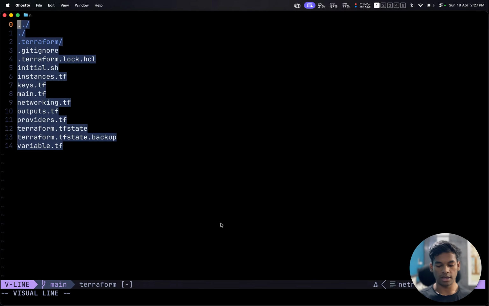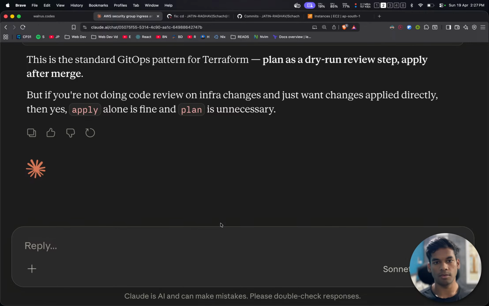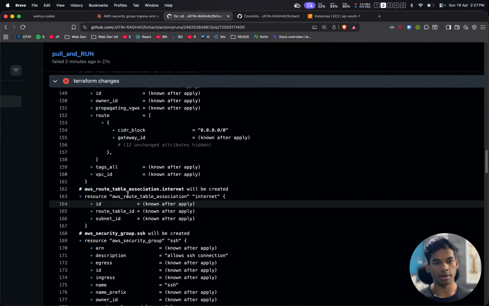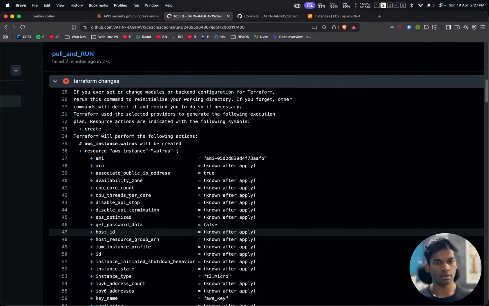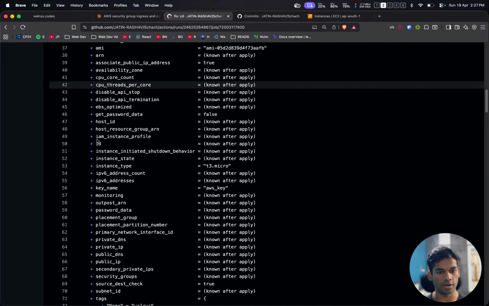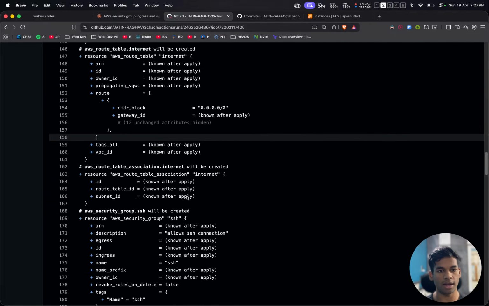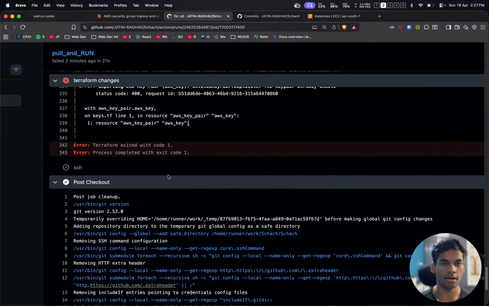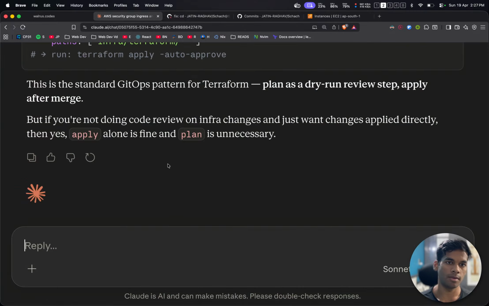Like if a key pair already exists and we have not changed that, then Terraform will not create a new key pair. But since here we are doing Terraform init always, then Terraform thinks that we are initializing all of this for the first time, and therefore Terraform will try to recreate things which already exist, and that is why we are getting errors. So the question would be,